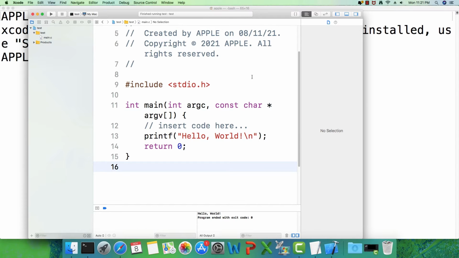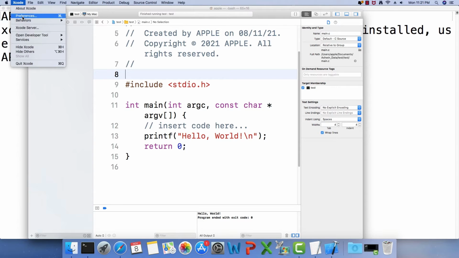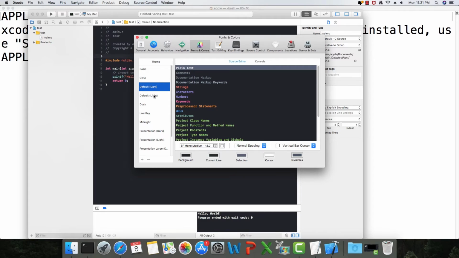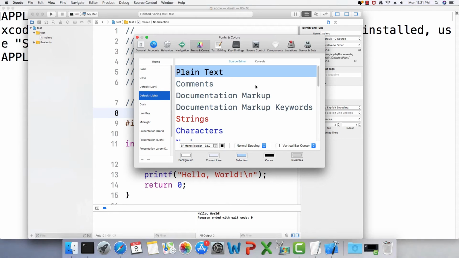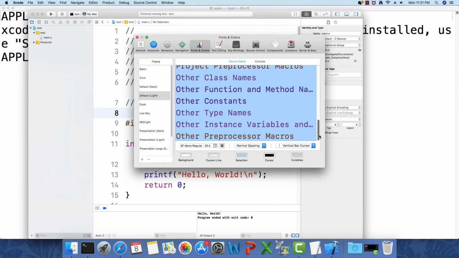I have just figured out how to change the font size of everything here in the Xcode IDE. For that we need to go to Xcode, then go to preferences. In preferences, choose the theme that you have and then select everything. Press the shift key and click the last entry.